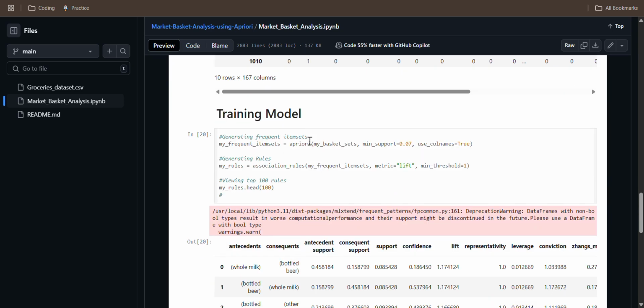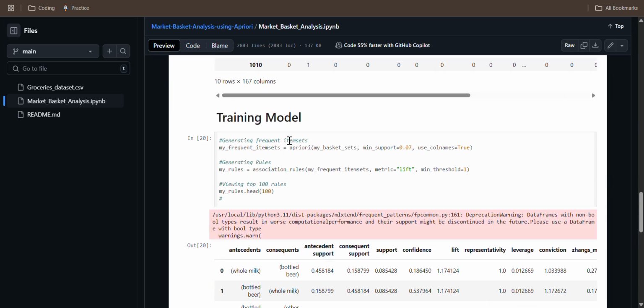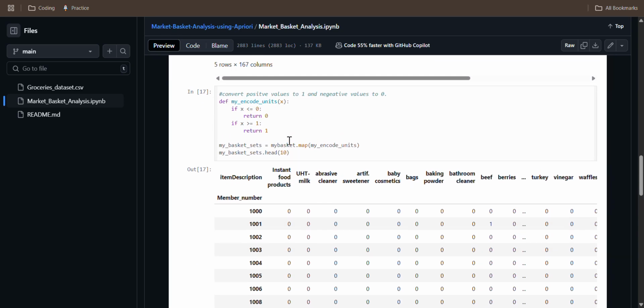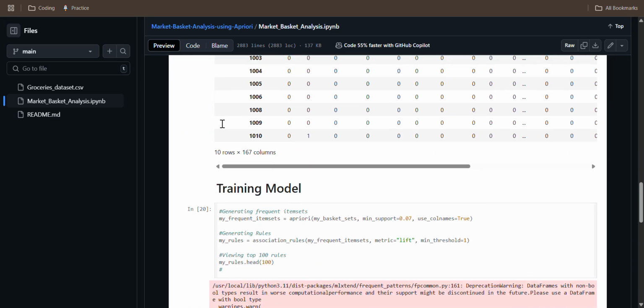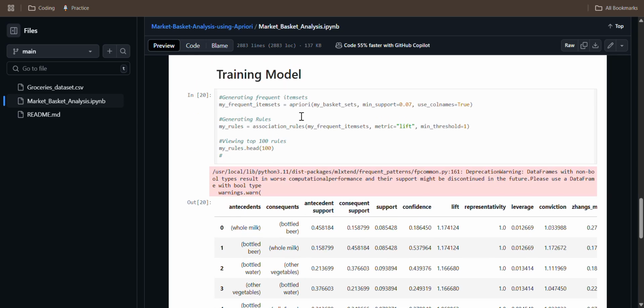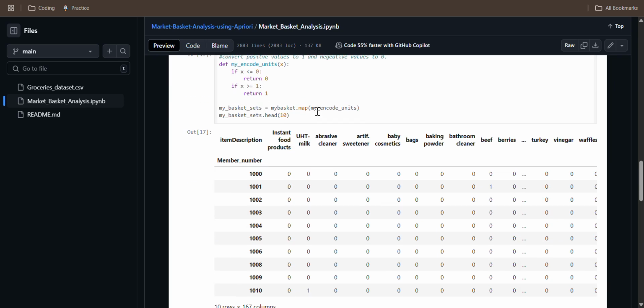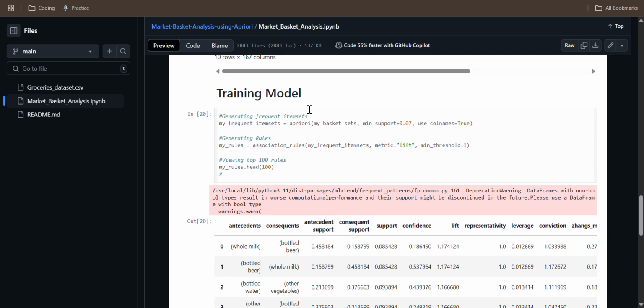Now, in the training model, we are using my frequent itemsets, which we made here, which will use the Apriori algorithm. My basket sets, which we made here, by mapping the encode units.